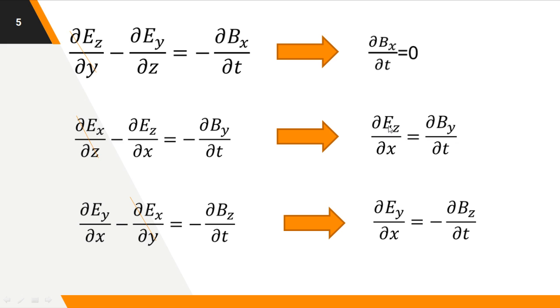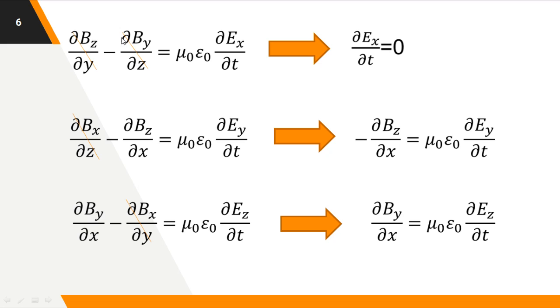And just observe this equation and compare here. The minus sign indicates that the magnetic field direction is reversed. So here it is y and it is z, and in this case it's z and here it is y. Okay, and again the same result we can observe in the next one. So look at this, ∂/∂y and ∂/∂z are not present, since the fields are not functions of them. So the fourth equation gives me ∂Ex/∂t equals 0.